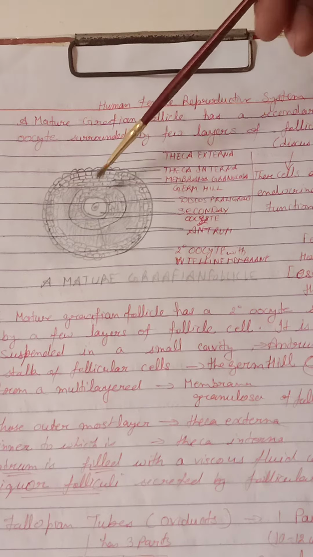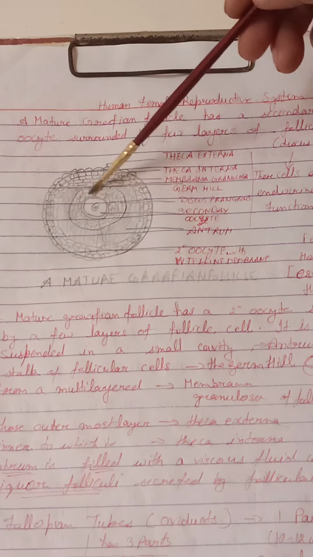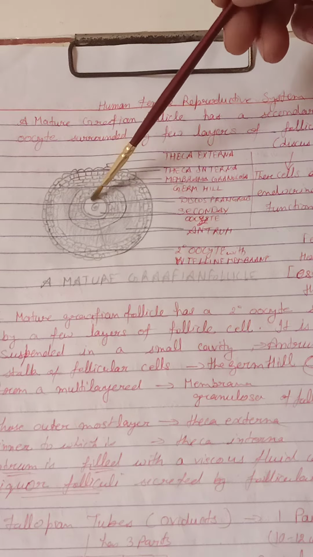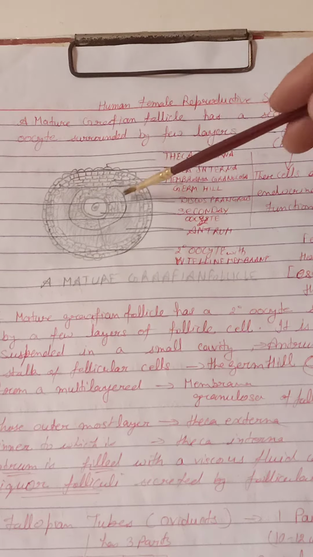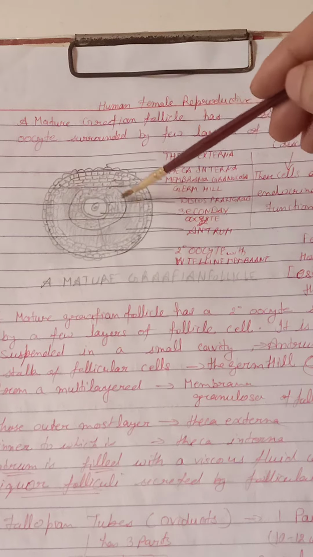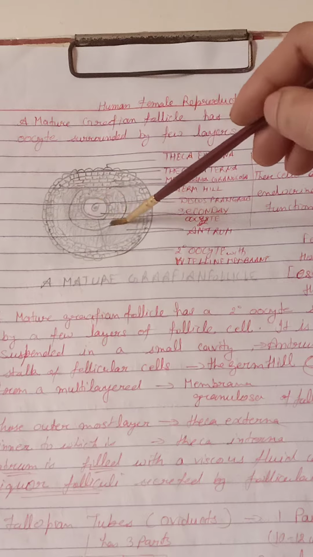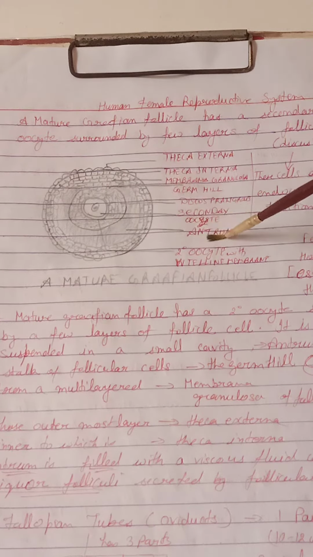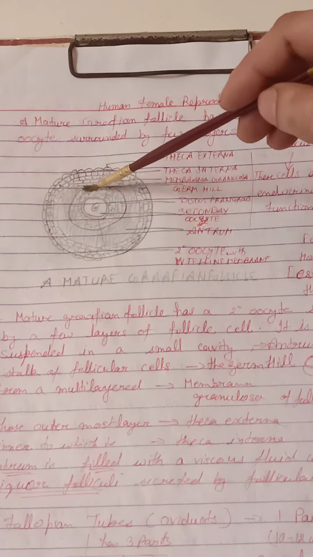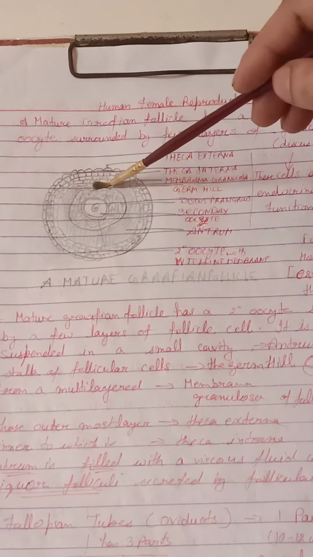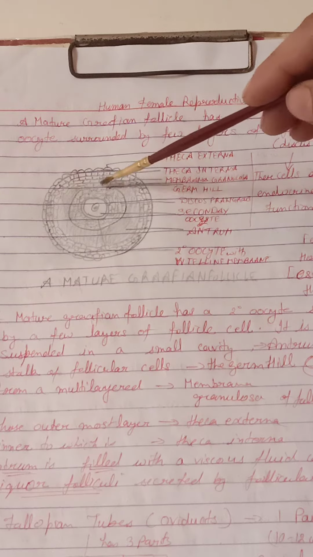And this Graafian follicle has a secondary oocyte which is surrounded by a few layers of follicle cells, and it is suspended in a cavity. There is a fluid filled cavity, and this oocyte with a few follicular cells is suspended in this cavity. This cavity is called the antrum, and the oocyte is attached by a layer of follicular cells called the germ hill, and germ